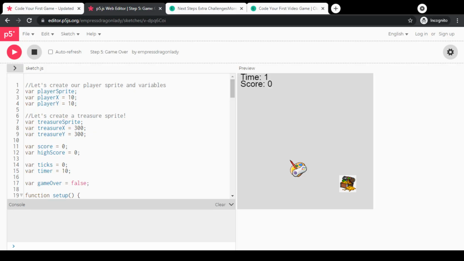Congratulations again on finishing up and getting through this course and making your first game. So now that we've done that, now that we've gone through all of the 5 steps and whatnot, the next thing we could talk about is what you can do next to continue working on your game development and programming